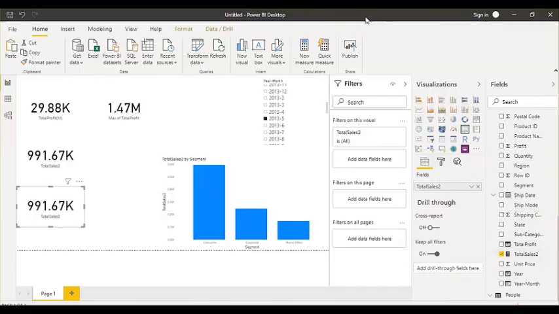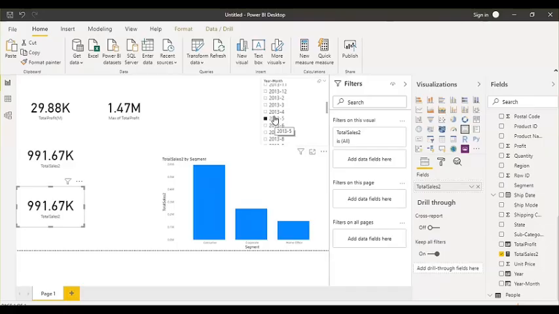To get that, we will use the ALL function. The ALL function basically returns all the rows in a table regardless of the filter. When I select any value here, there will not be any impact of the filters on the ALL function. It ignores any filters that might have been applied on your table. This function is useful for clearing the filters and creating calculations on all the rows in a table. Now let's see how you can do that.